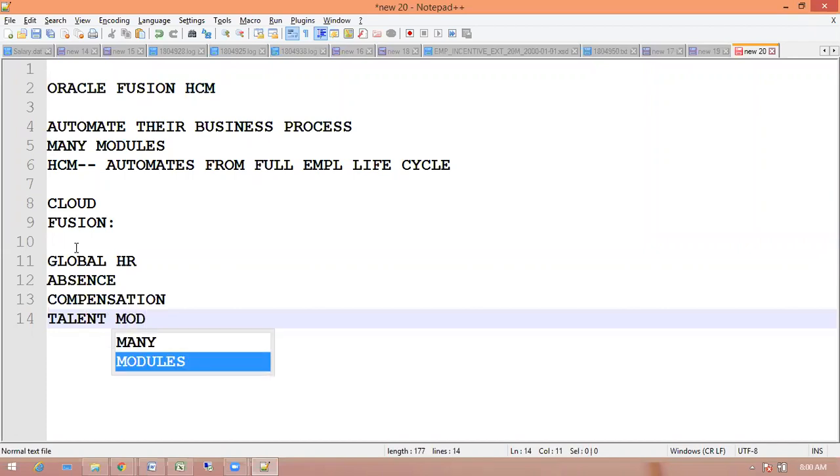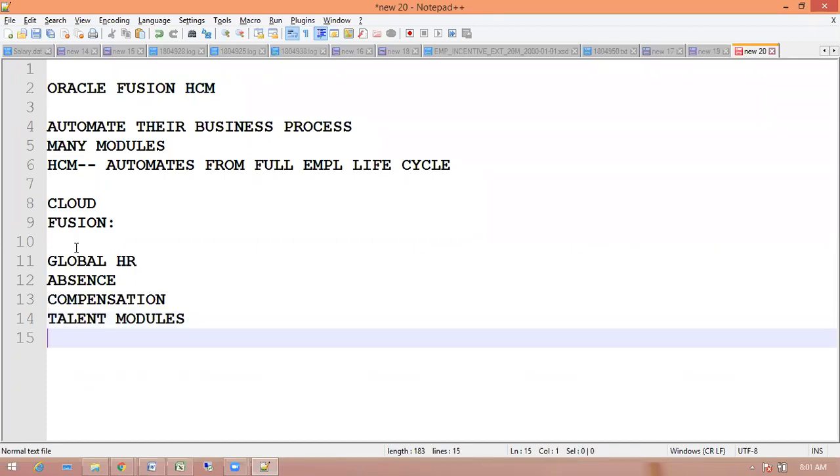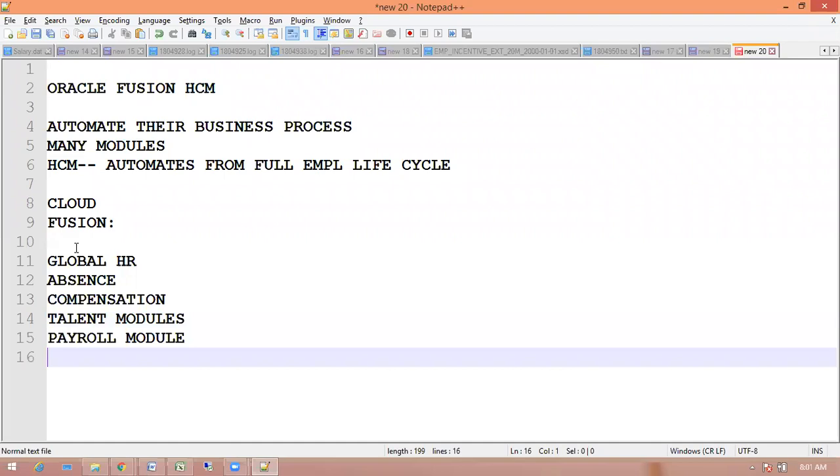Again, in talent modules we have performance management, goals management, profile management, talent reviews, then the payroll module. We have other modules also, like help desk, health and safety, workforce rewards, and benefits modules.